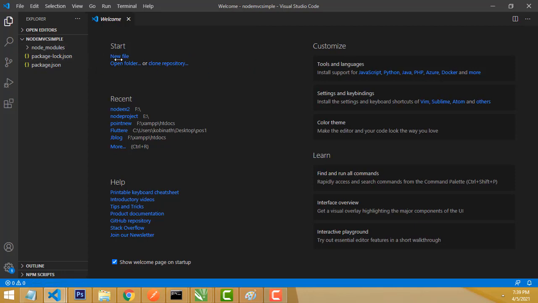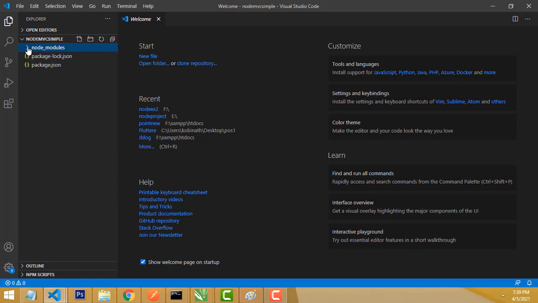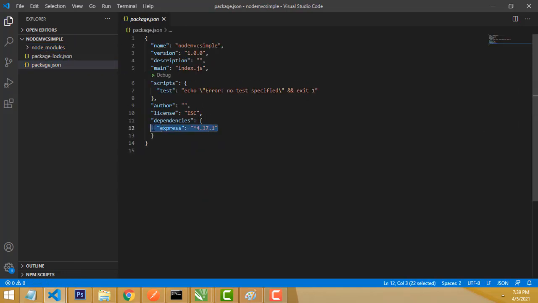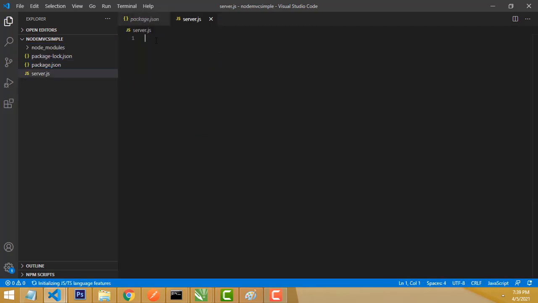Now, what I am going to do here, first step: if you go to the JSON file, Express is installed, and the others are all configured. First I am going to create the server.js. This is very simple. This is the first file. All the files we have to configure in the server.js file.